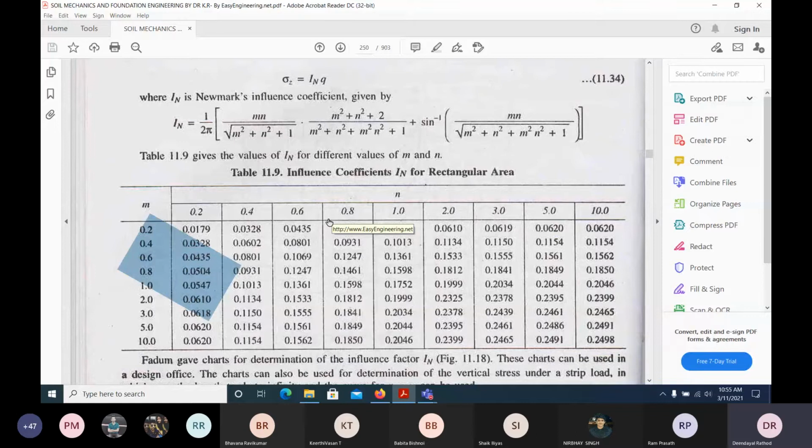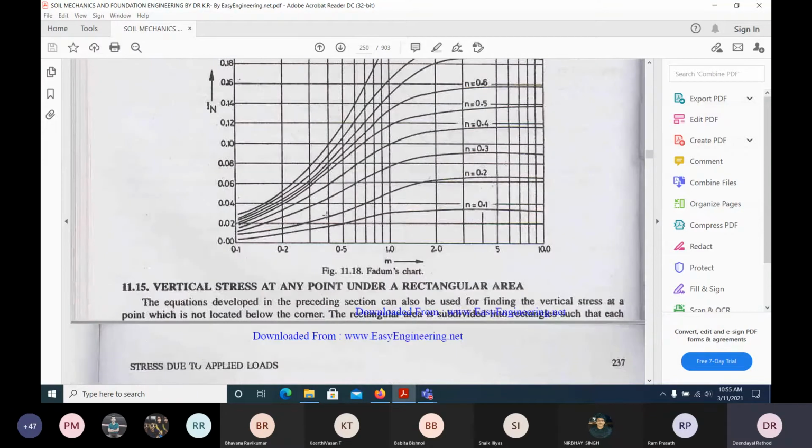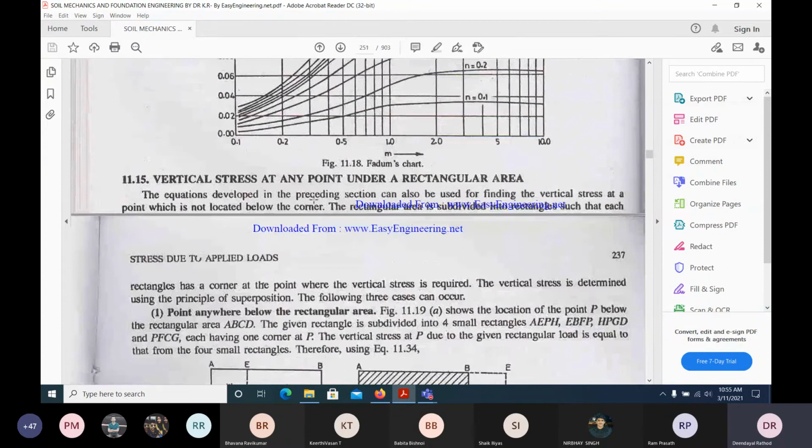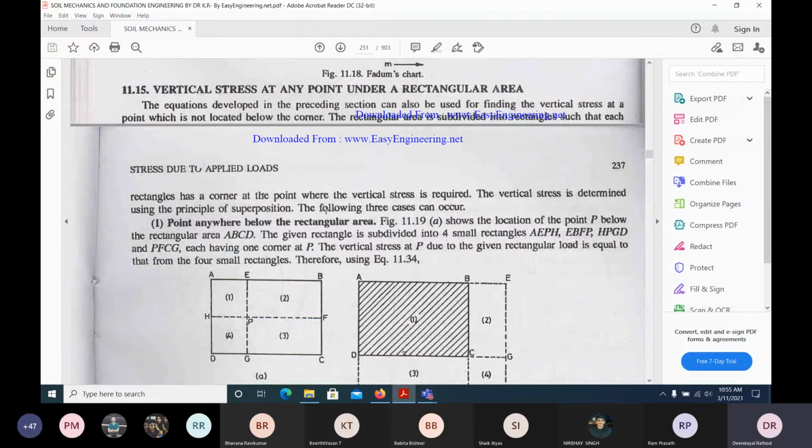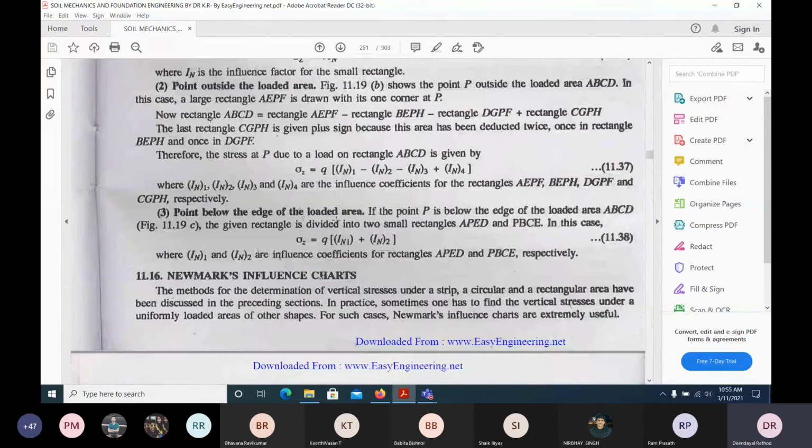What is this all about, this Boussinesq's theory? In Boussinesq's theory, what we are doing here is we are just applying a load. Previously, for vertical stresses, we have seen the stress below the ground by the self weight. But in the case of Boussinesq's theory, we are applying a point load, a line load, a strip load, a circle load, a rectangular load. By using the basic formula, we are using integration, taking a small element, and we are able to find this particular stress. Okay, so that's what it is given.